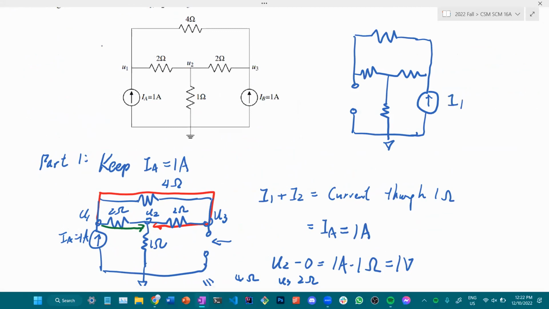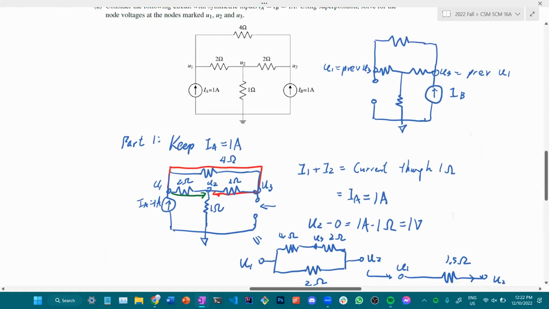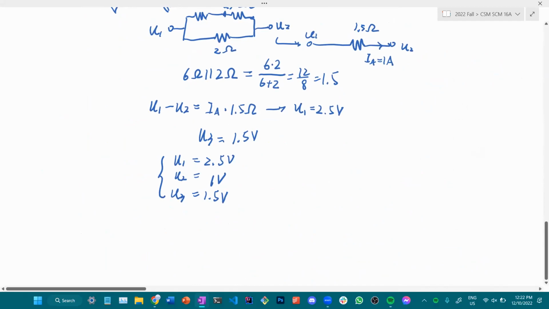So in this case, while we have a different name for the current source, this new U3 here is actually equal to the previous U1. And this U1 here is actually equal to the previous U3, because the way that the current flows through an entire circuit doesn't change just because you mirror the circuit around. So this is a symmetry argument for saving work. So essentially for part B, what we see is reflecting the results of the previous part,